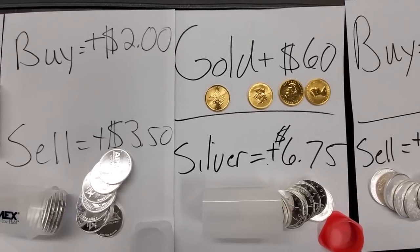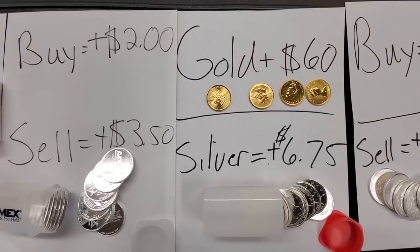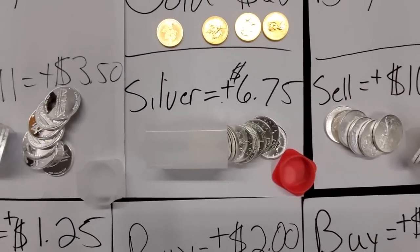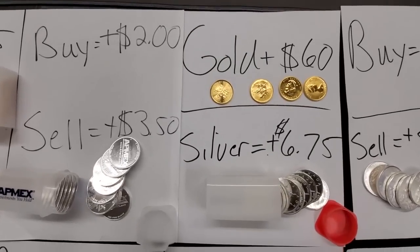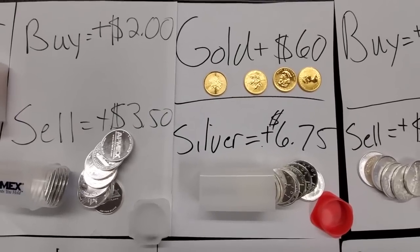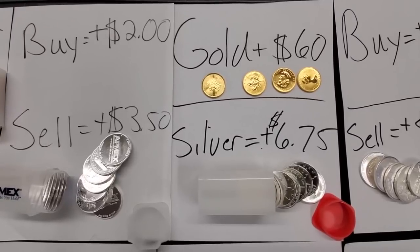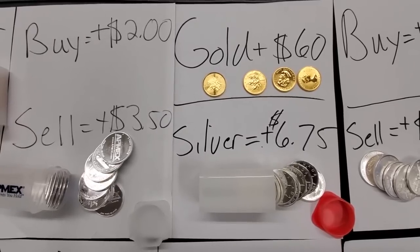They are solid dates. But you can tell with that's an old red cap Maple Leaf tube, which seats 20 of them, whereas we're most used to seeing the yellow cap ones, which take 25. Now the Maple Leafs are prone to being milky, guys. So just keep that in mind. No guarantees on not getting milky Maple Leafs if you want them, but we are charging the spot price plus